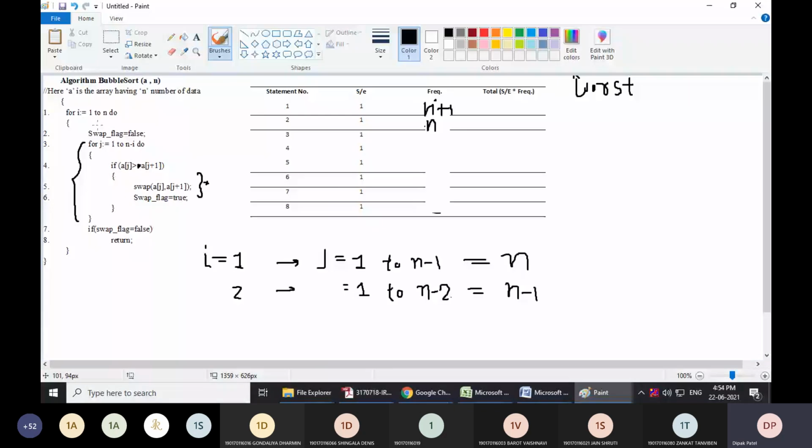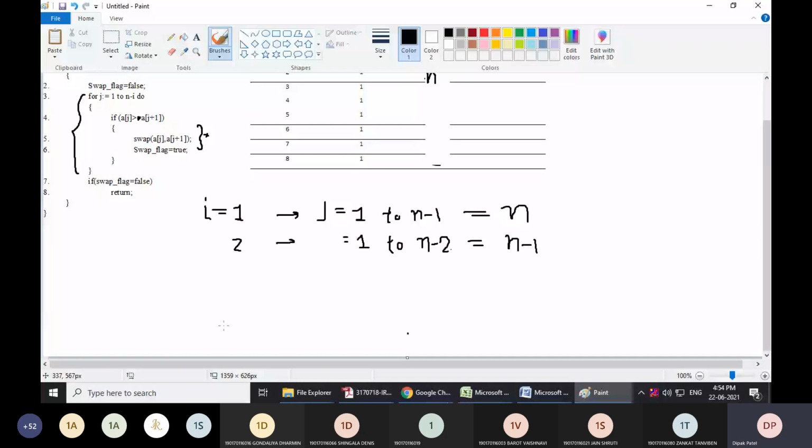That can be n. When i is n, j goes from 1 to n minus n, that is 0. So 1 to 0 condition is directly false and it executes only a single time, right? So the total steps are 1 plus 2 plus up to n minus 1 plus n. These are the total steps.